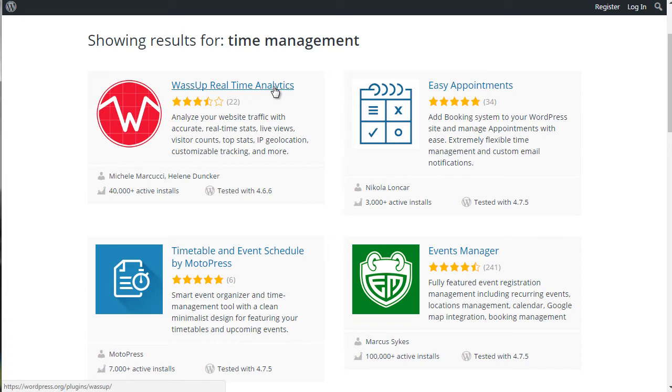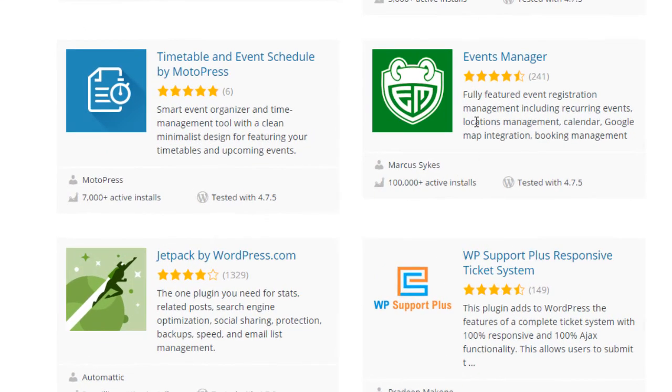But another thing you can do is, a lot of times you'll have a really good plugin, but nobody leaves any reviews, right? So we got 4.5 stars out of 5, 22 reviews. But if you look down on the bottom left-hand corner of these boxes, you can see that 40,000 people installed it. All right, so that definitely shows there is a demand for that plugin. So if we look over here, Easy Appointments, 3,000 installs, 100,000 installs for Events Manager. So we can see the demand by looking at